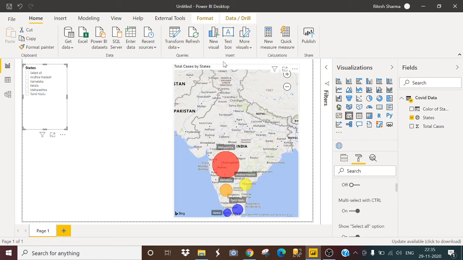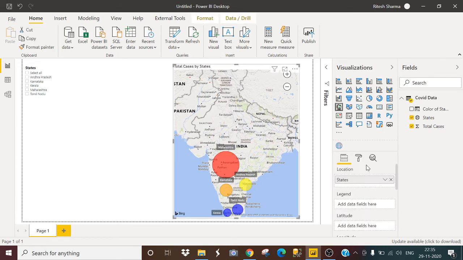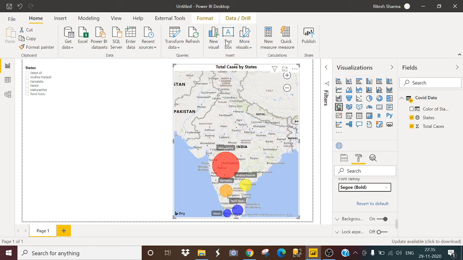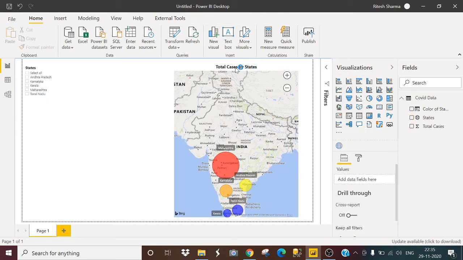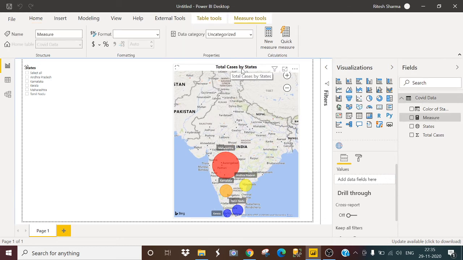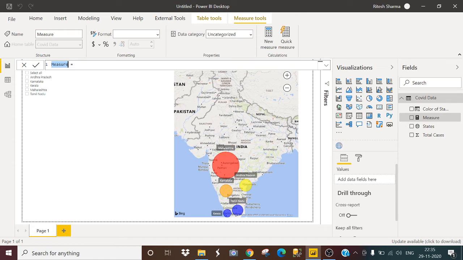So I will go to the format tab and the title, make this centered and bold. Now I will create a new measure so that my title is automatically changed. I will name this Title.